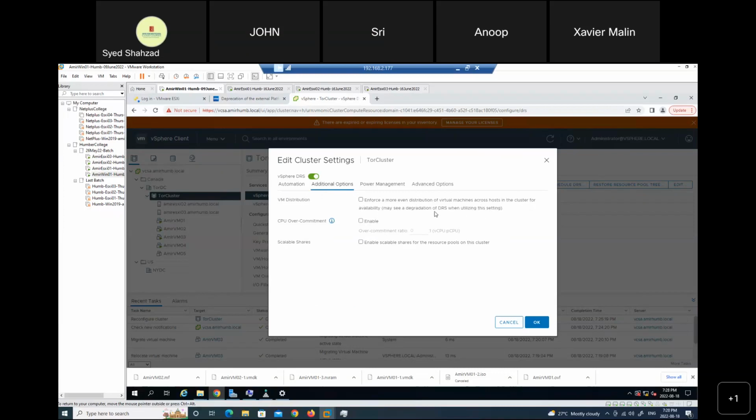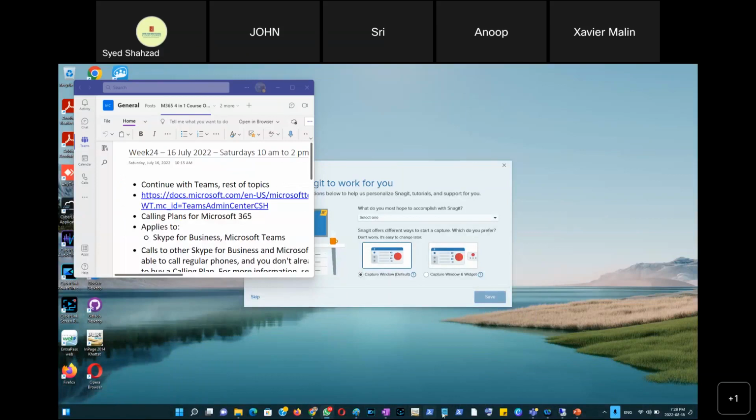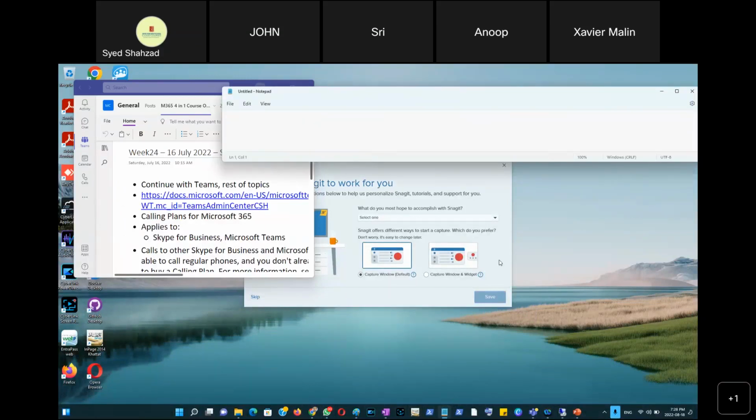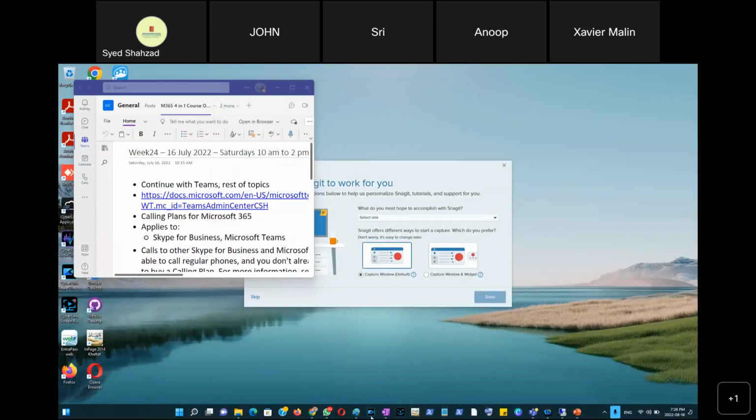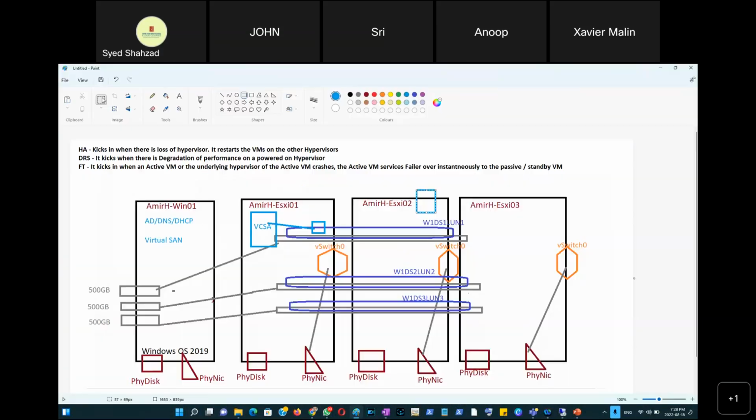So this is about virtual machines being evenly distributed. Suppose you have virtual machines here,